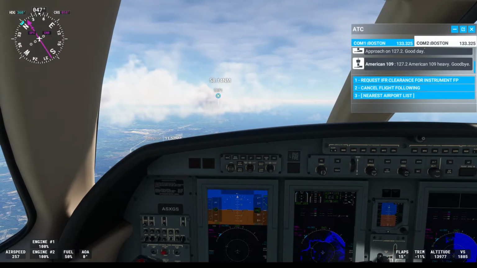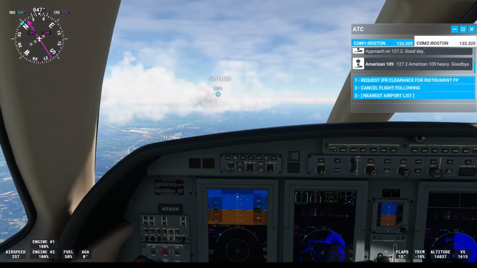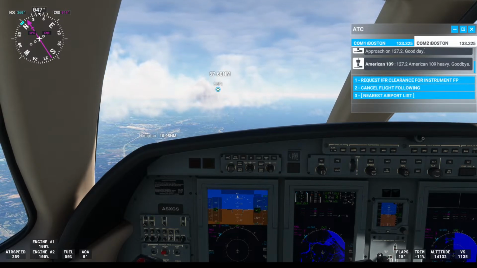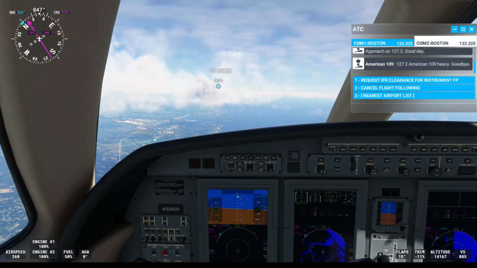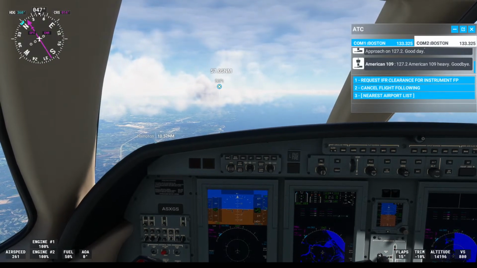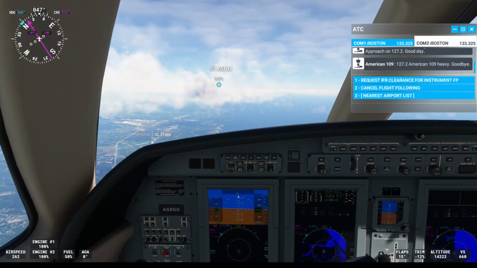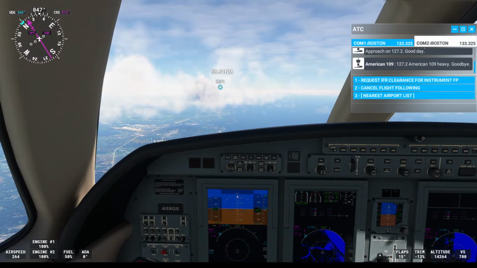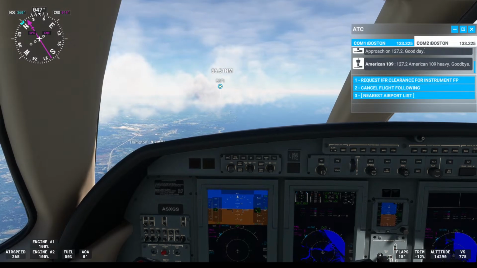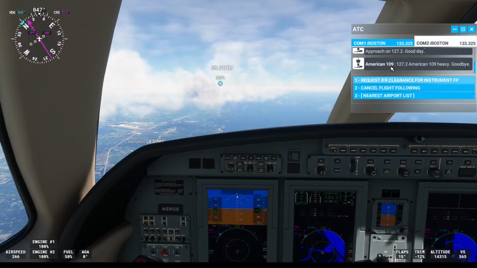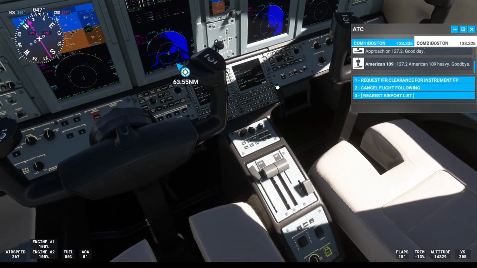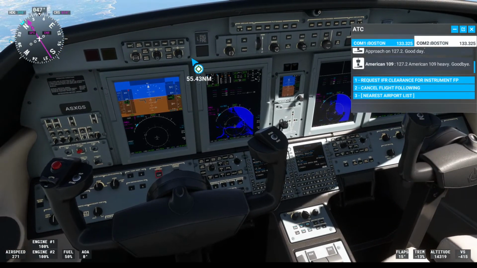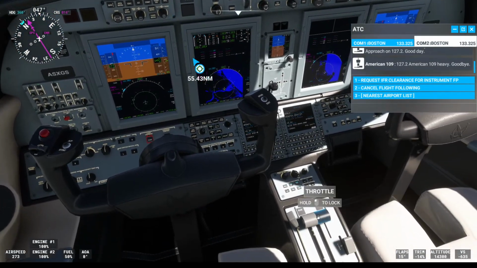So the way that I want to think about coming into Portland is going out to sea, so going east, and then coming in towards the north. That's what I'm looking at doing. But the fun part is going to be trying to figure out how we're going to do it. We're going to have to lower our throttle a bit, some speed. Altitude is a bit too high, so